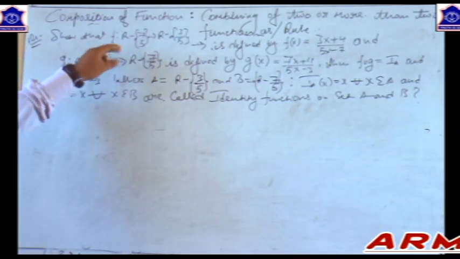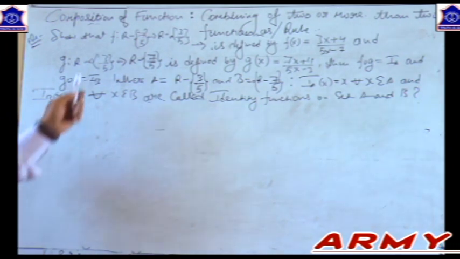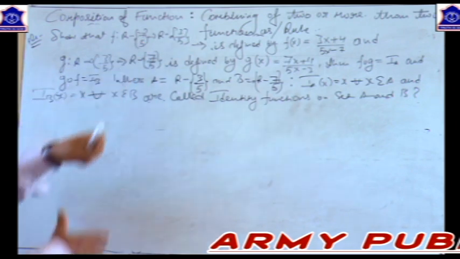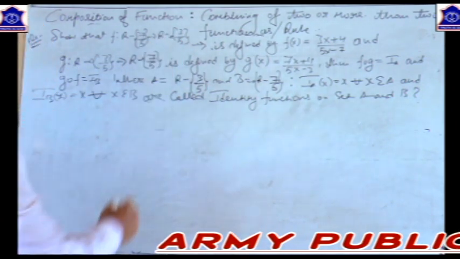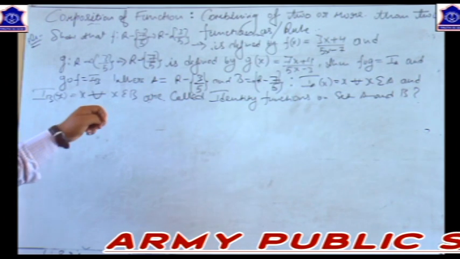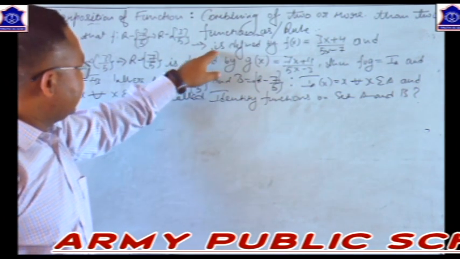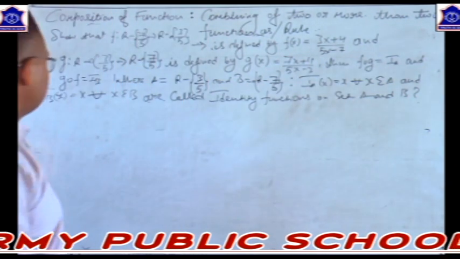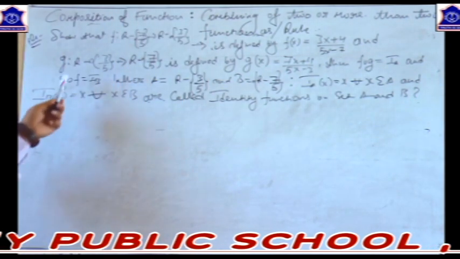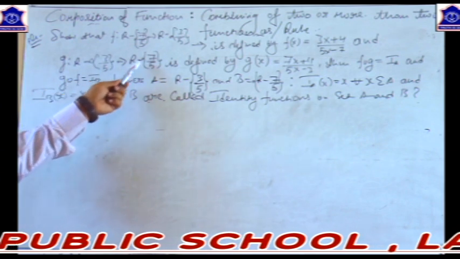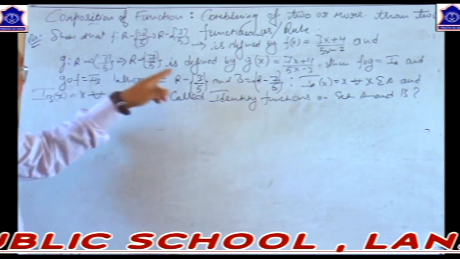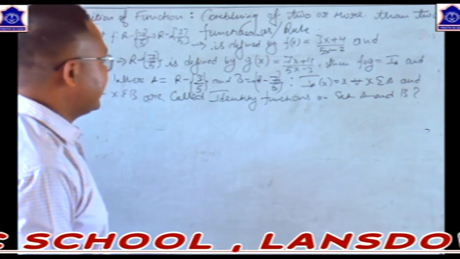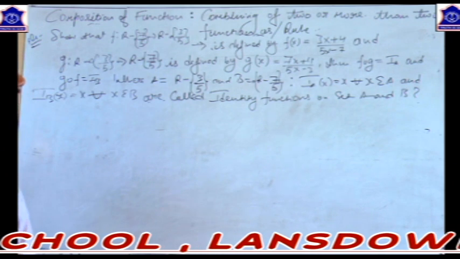The question is: f is a function from real numbers minus 7/5 to real numbers minus 3/5, defined by f(x) = (3x + 4)/(5x - 7), and g is a function from real numbers minus 3/5 to real numbers minus 7/5, defined by g(x) = (7x + 4)/(5x - 3). Then show that